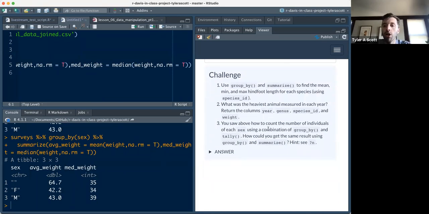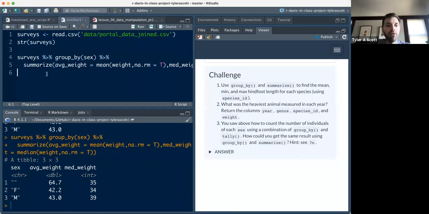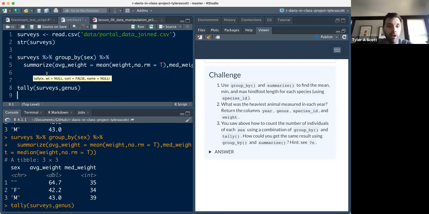Oh, actually, before I end this video, I forgot to mention the tally function. The tally function is the last function that is introduced in this overview, and it's simply a way of counting. So tally is simply the dplyr version of how many are there of each of these things. And so we can actually call tally on surveys and genus. So if we open up the tally function and type the surveys data frame and then genus variable, and we run that,